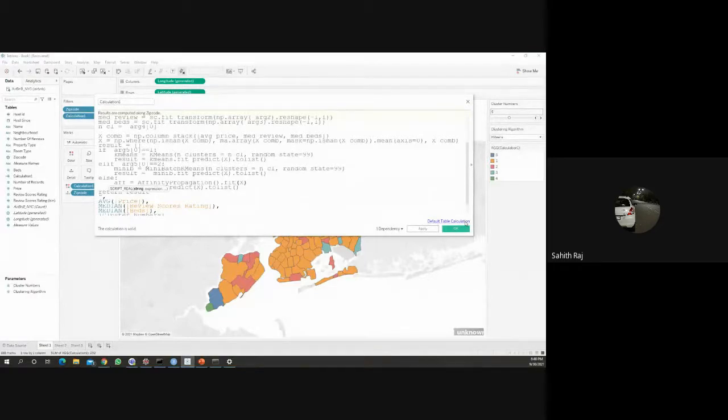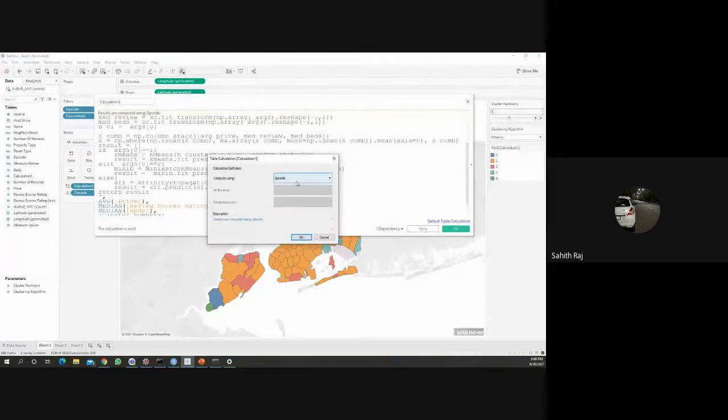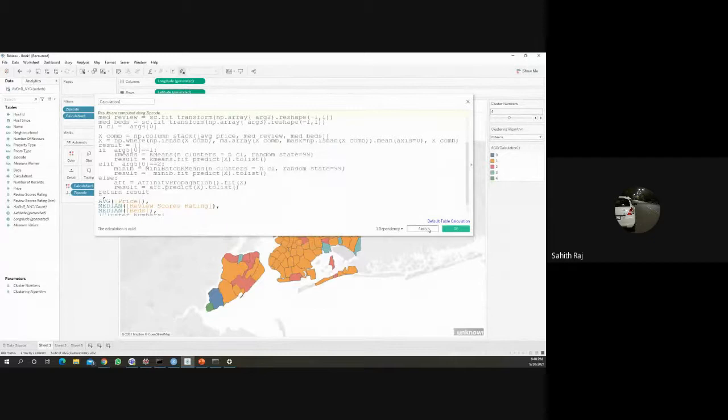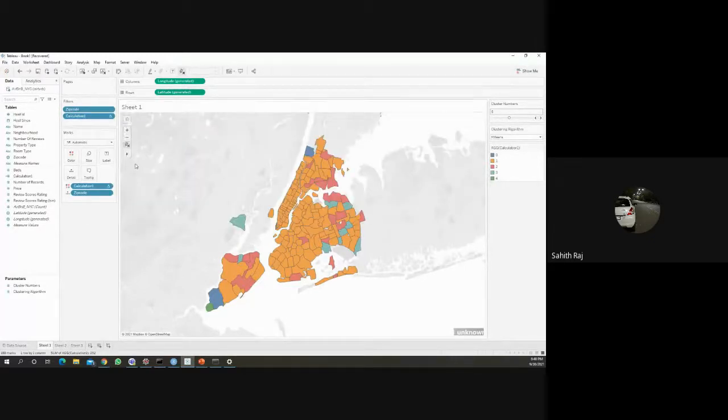We have to calculate all of this on the zip code, so I'll select the zip code here and click apply. As you're able to see, the dashboard has been built using the calculation, which is nothing but the code we have written, and the longitude and latitude generated by the zip code.